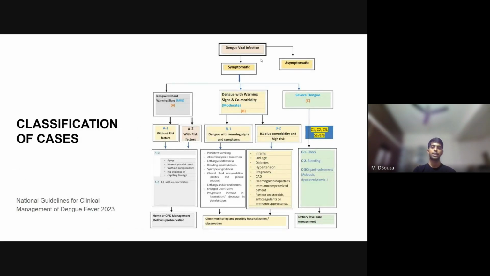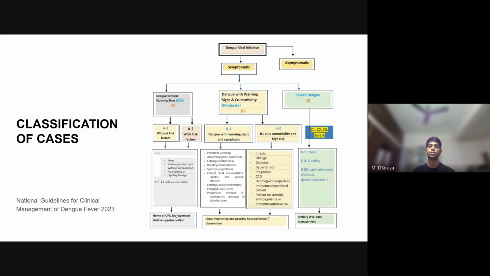So this is what the national guidelines for dengue say. Dengue without warning signs, without any risk factors. The primary risk factor that we would be talking about over here in the realms of pediatrics would be your danger age groups. So your dangerous age groups in dengue are infants and anyone in their adolescent age groups. Anyone who has dengue without warning signs, without risk factors, can be managed on a home basis or on an OPD basis, where you could ask them to come back after 2 to 3 days and repeat a platelet count and PCV to check that, one, your PCVs are not rising too much, and two, that there's no